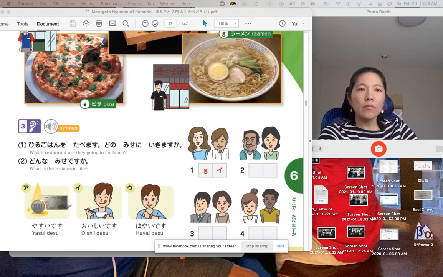2、河合さん、今日はどこで食べますか？ あの店で食べましょう。 寿司ですか？ はい。あの店は美味しいですよ。 じゃあそうしましょう。